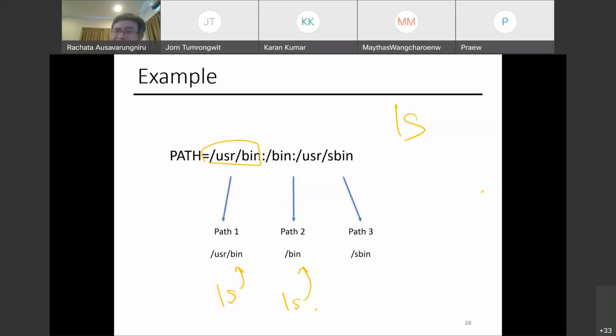If it's not there again, it would then check this directory. So we'll keep checking one by one until we find the command. If it's not found, it would basically print out command not found. It basically means that I check every directory. Oh, how do you check if ls is in there, right? By default, the shell program.